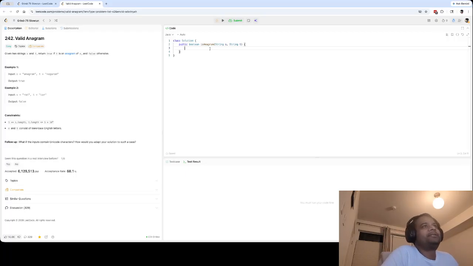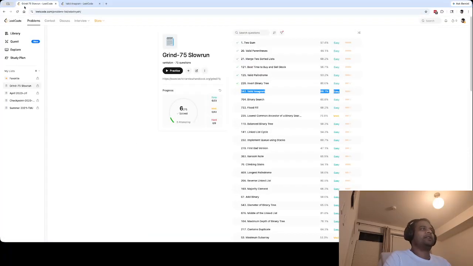Now since there are only lowercase letters, we could solve this with a counter. Actually, I forgot to mention